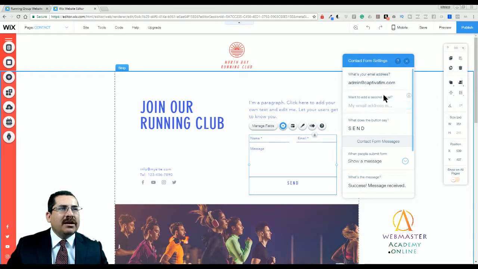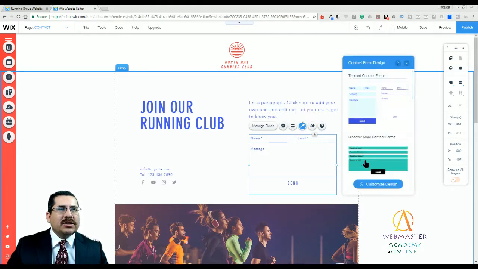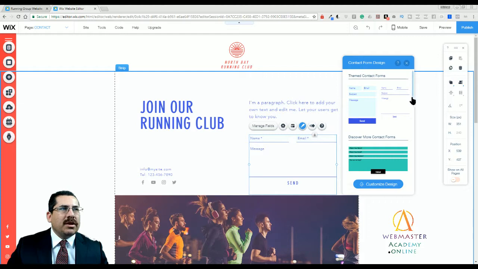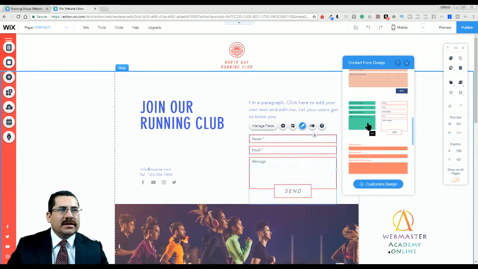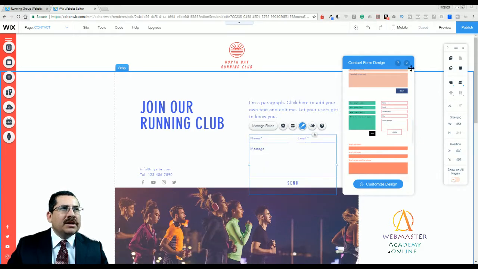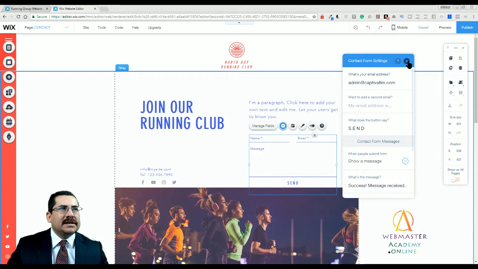We can add a first and a secondary email. We can also change the layout of that, and we can change the design. So if you want to just add some color to that, just select whichever picture looks right to you. You can make it more contemporary. We can also adjust the colors by clicking on Customize Design. So that's the basics of the